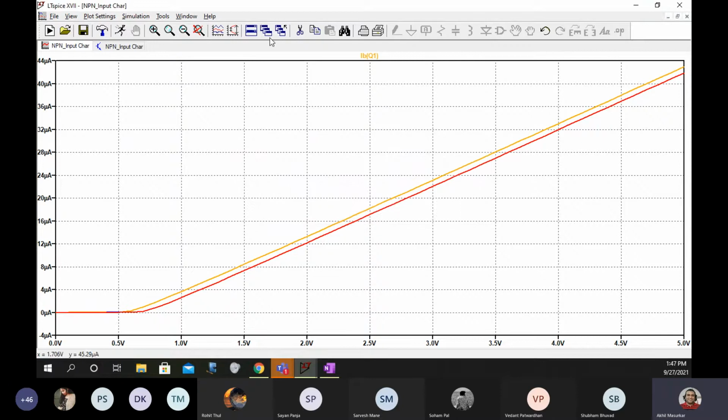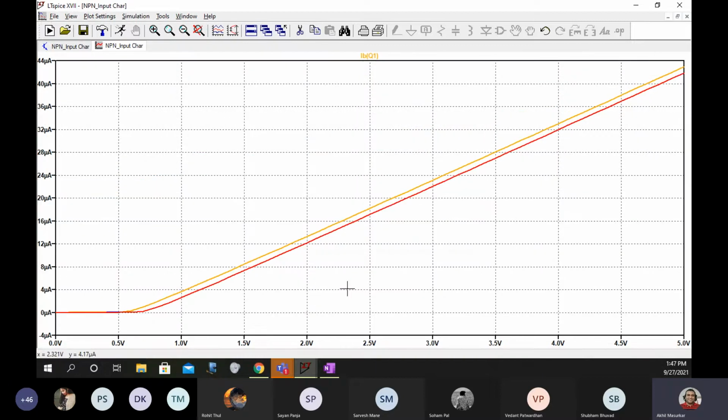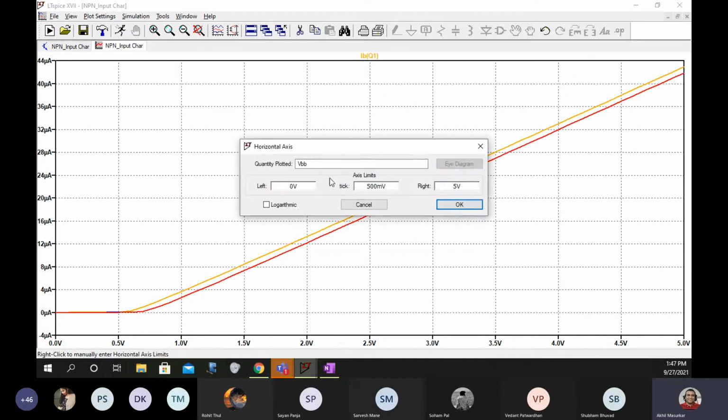You can see here that VBB is not VBE because there is a resistance of 100k in between. So you will right click on this X axis here. So I'm again going back to the waveform, and instead of VBB, you will write VBE, which is V(B) minus V(E).